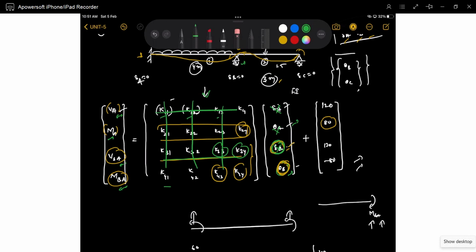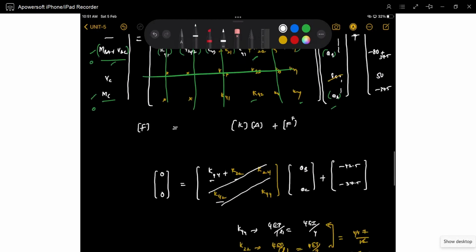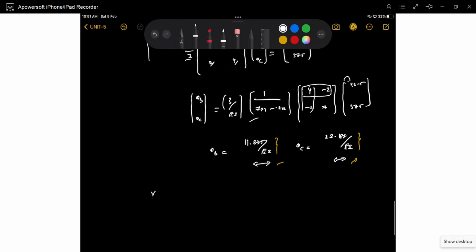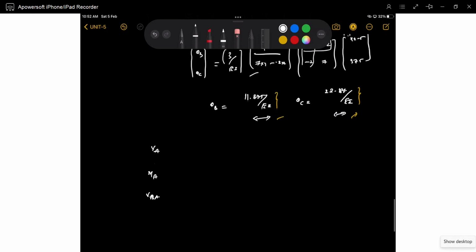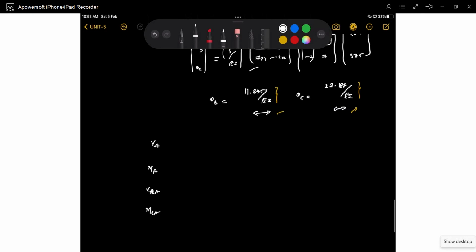See, these values, this value and this multiplication. So you only require this. Okay, you can directly write like this. Or you can check it as a technique like VA, MA, VBA, MBA is like